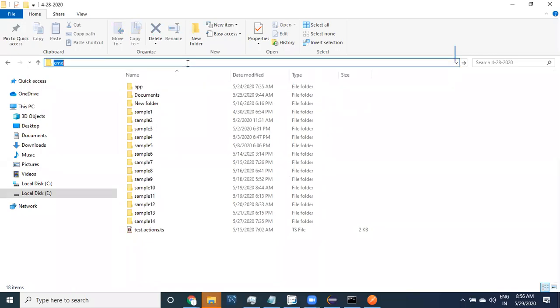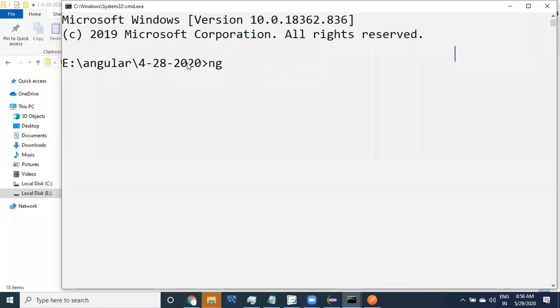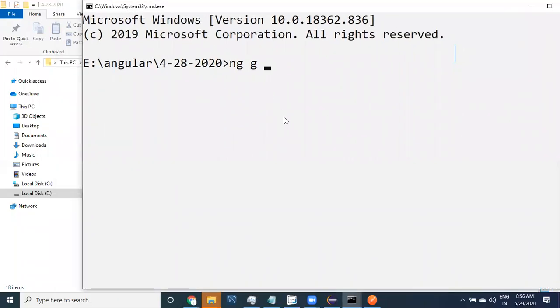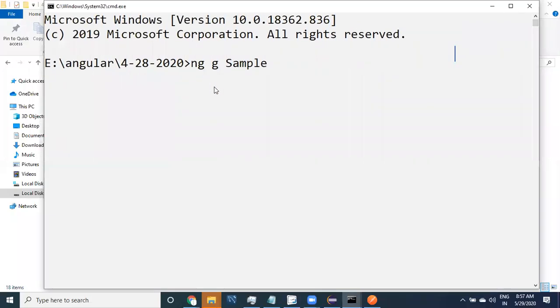Go to cmd, ng new. Instead of sample, I keep the name http sample, http basics.